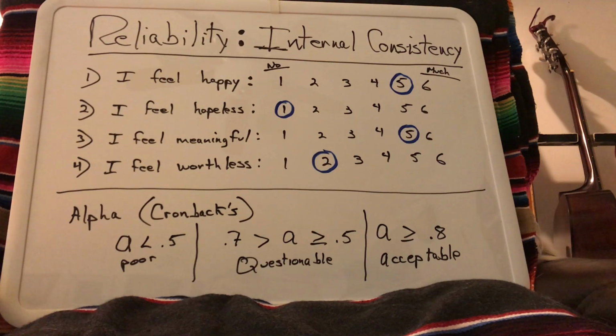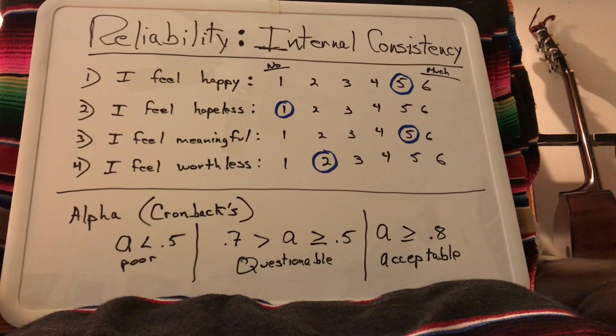And then when we give that to a large sample, we can use a statistical procedure that gives us the result of alpha. The alpha is going to tell us the extent to which we have internal consistency, which again, the concept is just, are people answering these questions as we would expect them to? Now, you're going to have people that just flag the test, that just circle 3s or what have you, and they don't even read the questions. With a large sample, that's not going to really mess up the alpha too much